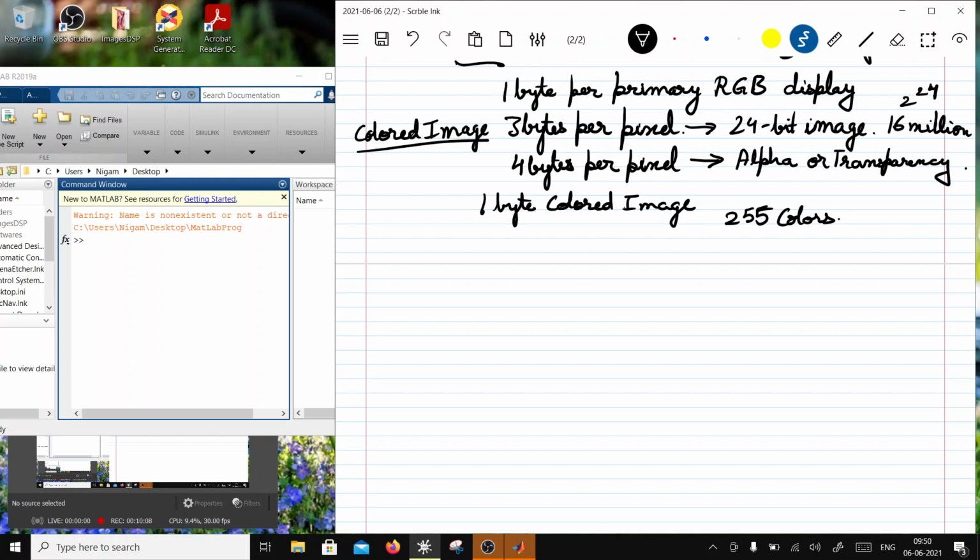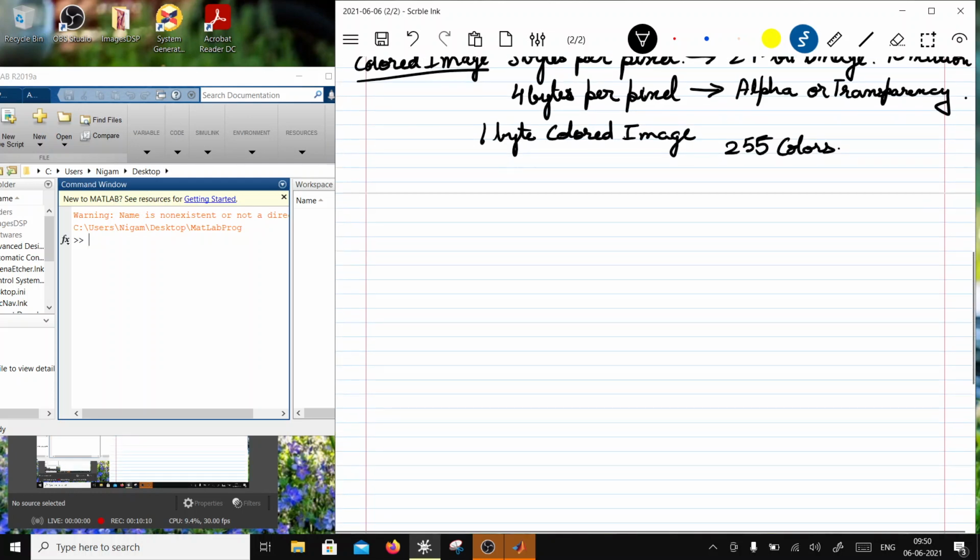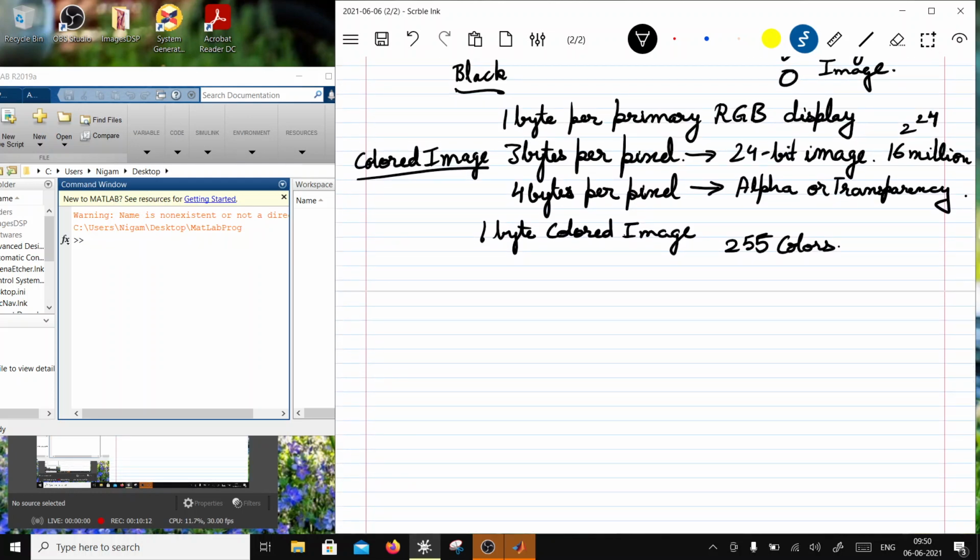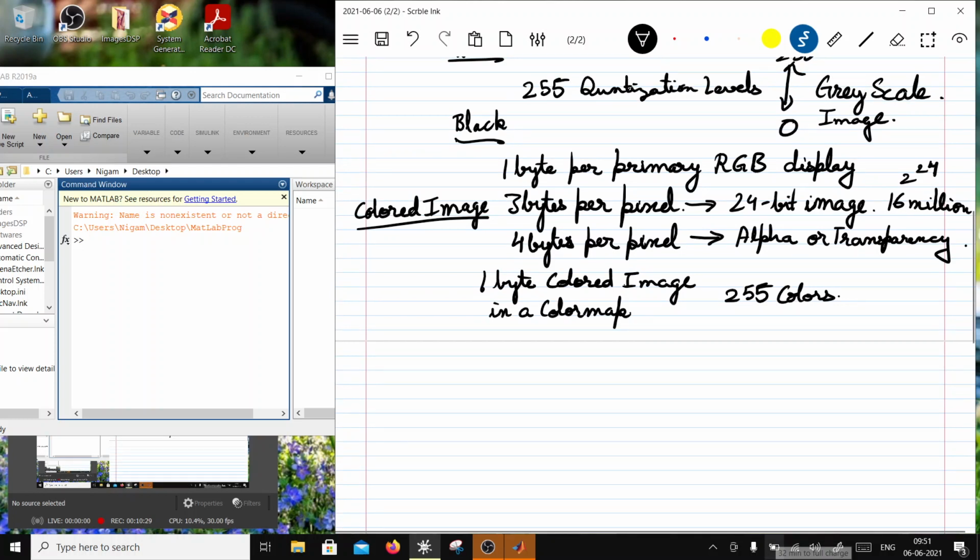Here I'm going to have only 255 colors, and these 255 colors are in a color map. And what's a color map? It's kind of a code book. For these 255 colors, I'm going to give a byte of code, which is stored in the color map.